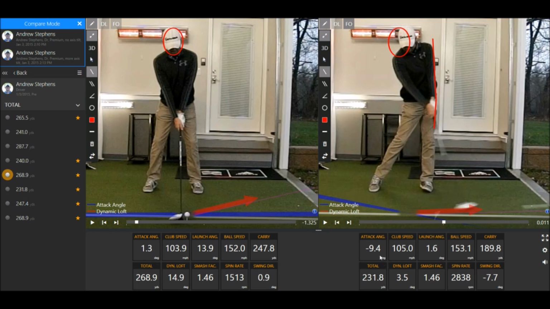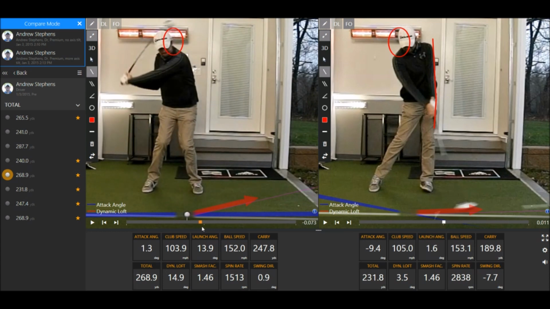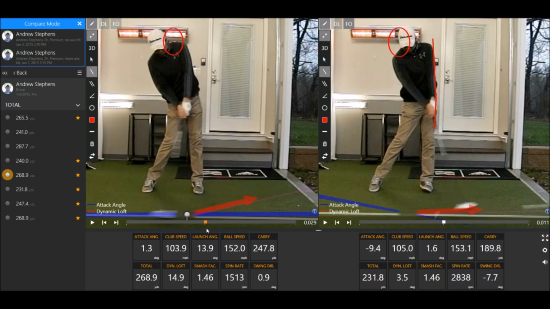So you can see here that led to an attack angle of 9.5 degrees down. So obviously creating extremely low launch. So even though I hit this golf ball pretty solidly, it's only going to fly 190 yards or so in the air. On the swing on the left here, what you should see is that as I swing down, you're going to see my head actually move slightly back, which a lot of players will have that happen here with driver. So now if I draw a line up my left leg and then up my upper body here,